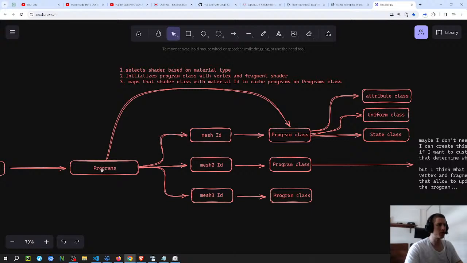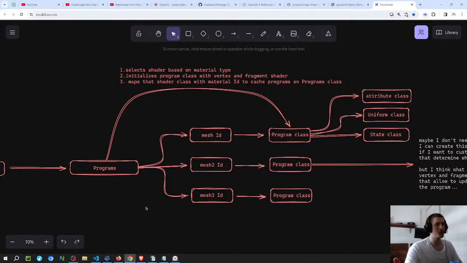So in the function where I create the programs class, which is going to have this unordered map between mesh ID and program class, each program class is going to be related to the mesh ID, and I'm only going to render meshes because I think that's what I need. And as I create the programs, I think I'm going to create the program class and select the shader based on material type. So inside of this, I'm probably going to keep the same logic that they did, but I'm not really sure about this as well. Maybe I'll change this. But it seems that the material is the most important thing to select different shaders,